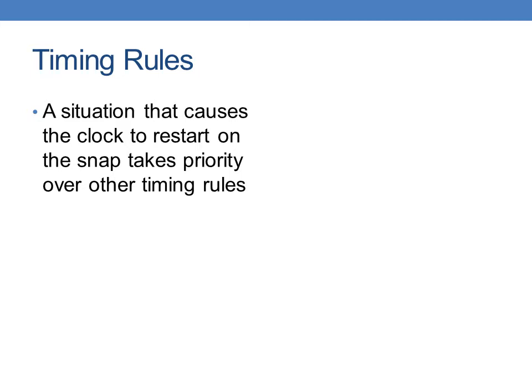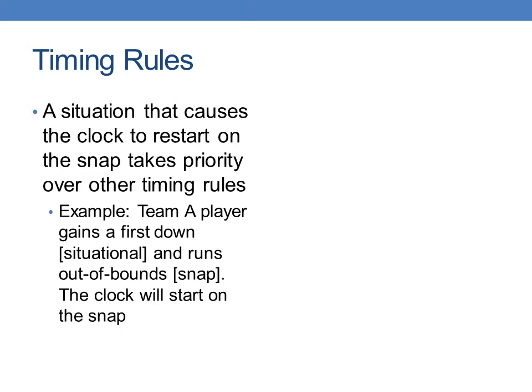timing rules. And you can see from the example here, Team A gains a first down, which is a minor clock stopper and is situational, but also runs out of bounds, which we know is a major clock stopper and causes the clock to restart on the subsequent snap. That means that the clock will start on the snap. That's why, for me, I've called them major and minor. Major means we will defer to it if it occurs,